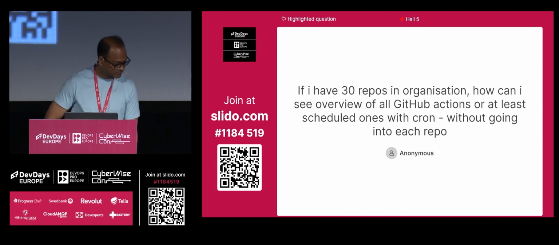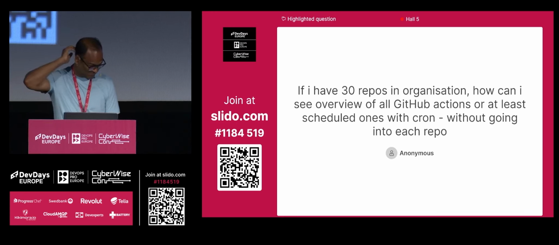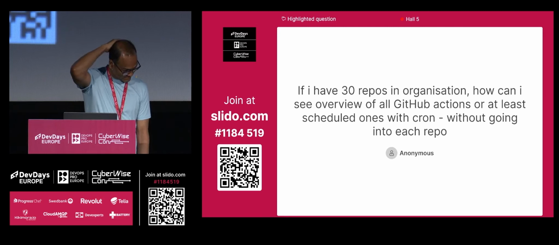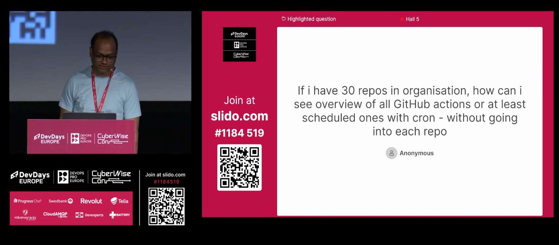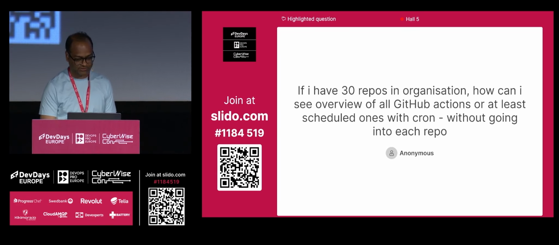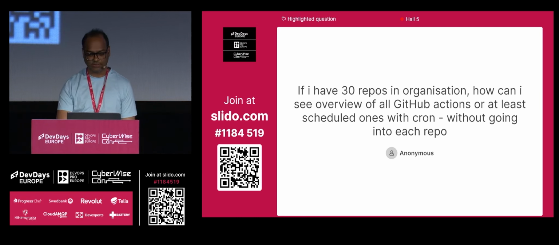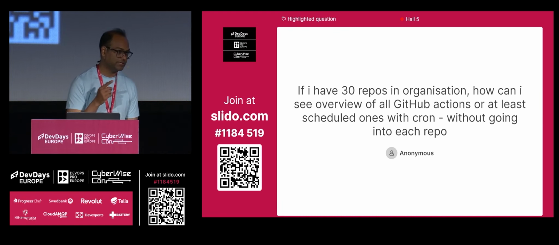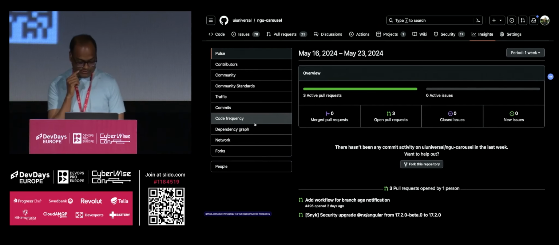If we have 30 repos in an organization, how can I see an overview of all GitHub Actions, or at least scheduled ones with cron, without going into each repo? Good question, because GitHub recently launched a feature. I don't have access to it because I'm not an org level admin, but they launched something in Insights. Apart from Dependabot, there should be another option available.